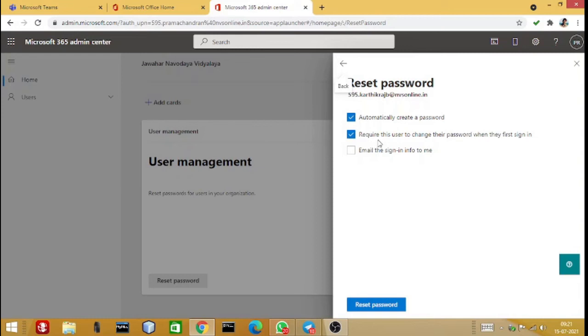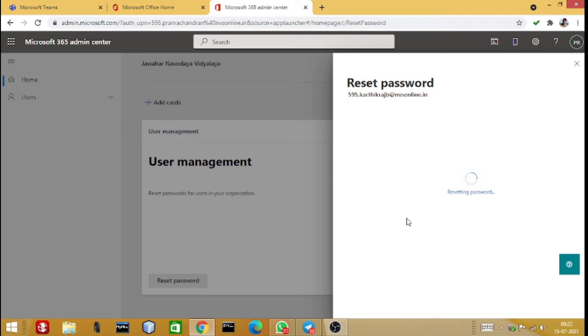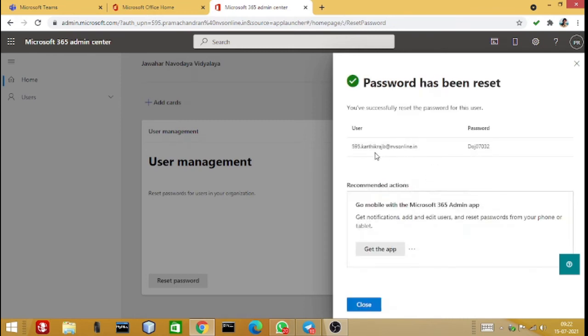Now, require this user to change their password when they enter the first time. Yes, because we will create a password, so that person has to change his or her password when entering for the first time. Now just click on this button, reset password, and you can see within a second the person's password got reset.